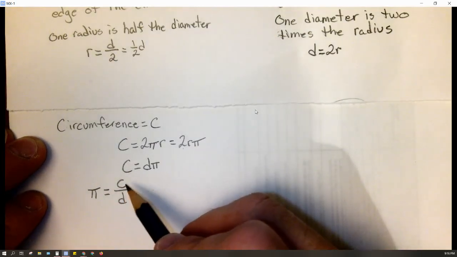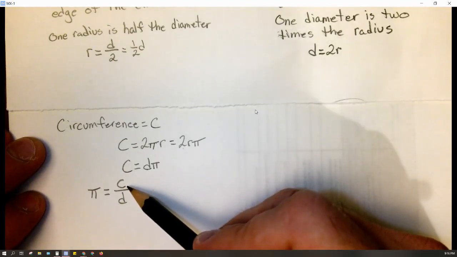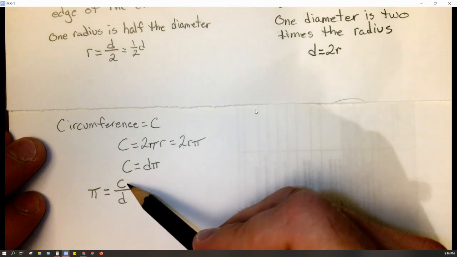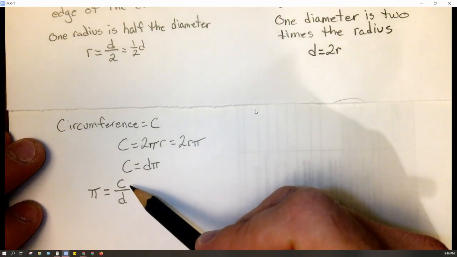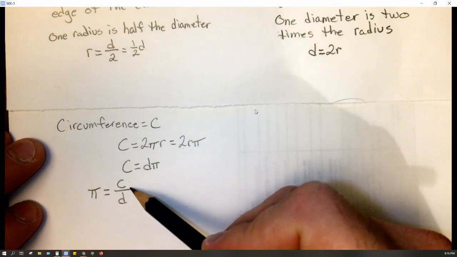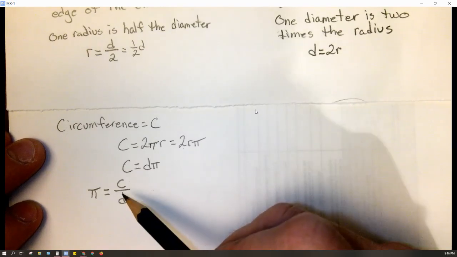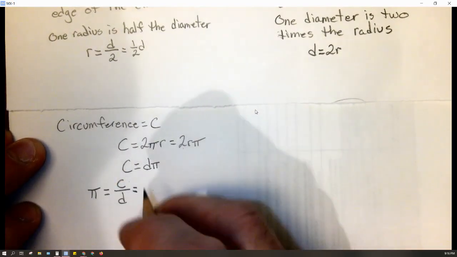Anytime that you take any circle of any size, it doesn't matter how big or how small the circle is. The circle could be the circumference of a hydrogen atom, or it could be the circumference of the observable universe, anywhere in between. The smallest thing that you can find or the largest thing you can find, whatever it is, if you take the circumference of that circle and divide it by the diameter of that circle, you always end up getting the same thing. And that number that you always end up getting